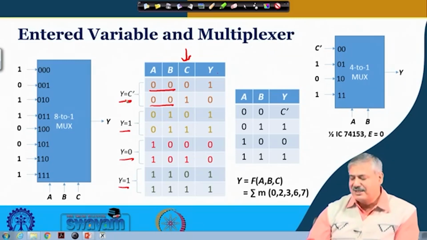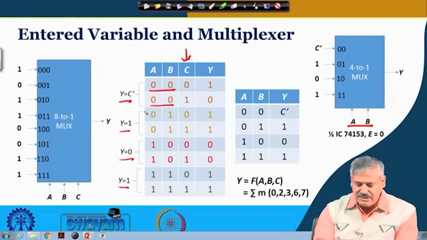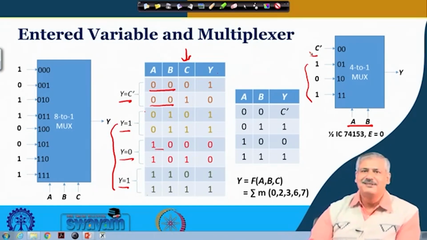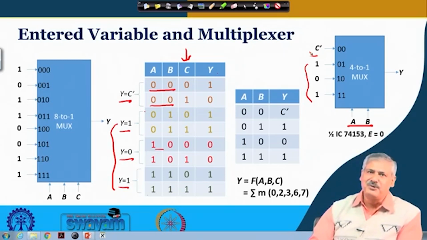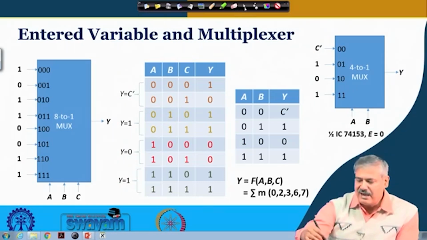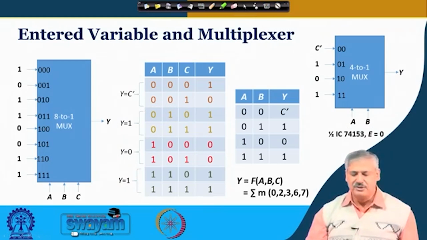Okay. So, in the 4-to-1 multiplexer with AB as select inputs, for the 0, 1 case, 1, 0 and 1, 1, these 3 cases we put 1, 0, 1 as you see over here, and for 0, 0 we put C prime. Okay. So, this also realizes the 3 variable function, but using a 4-to-1 multiplexer. Okay. So, this is the usefulness of this exercise, and this can be extended to